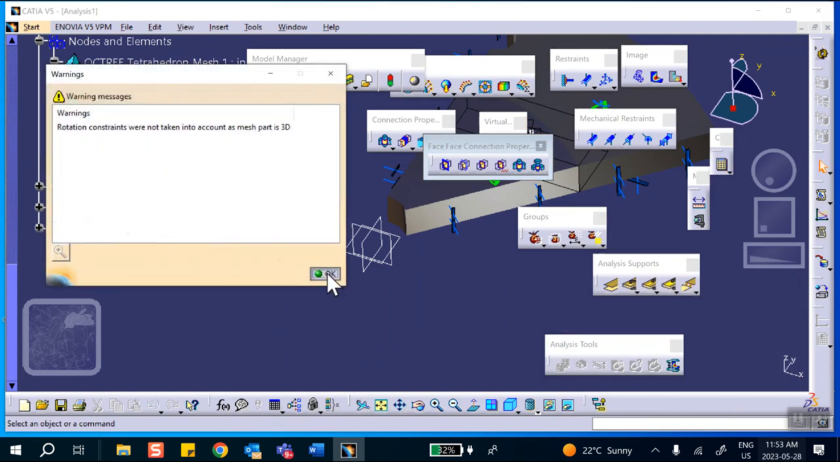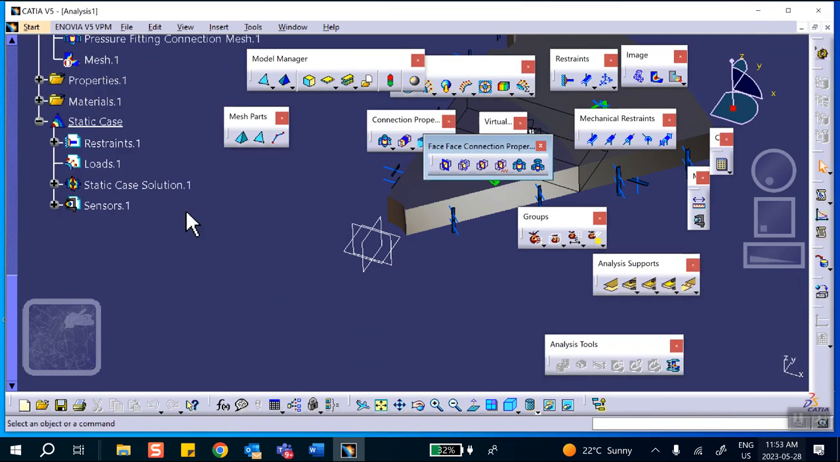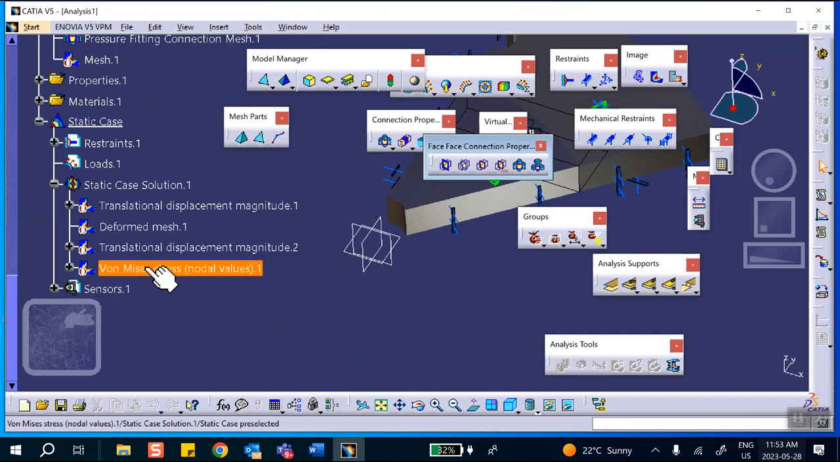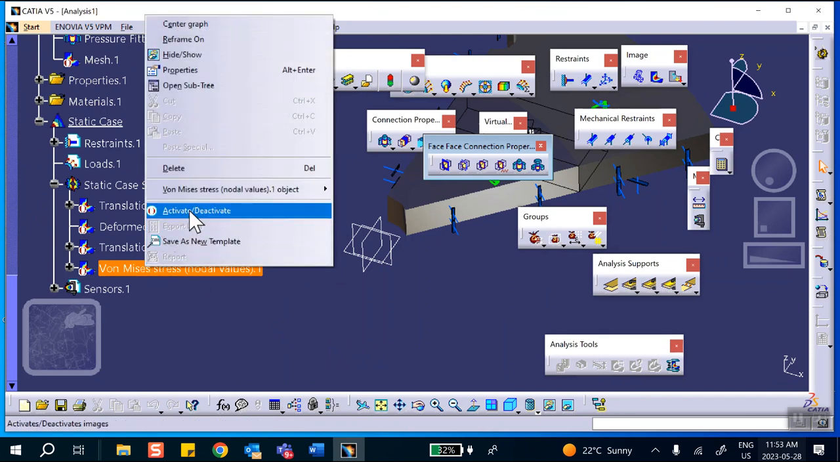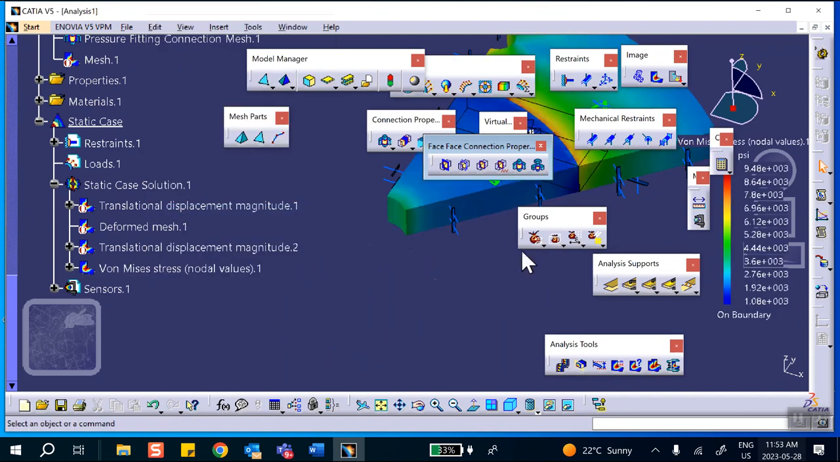And now look at this von Mises stress. Right click, activate. You see, it does change a little bit, but not substantially. So that initial penetration, whether I include it or not, it did not affect the stress distribution significantly. So it's up to you. All right, that takes care of